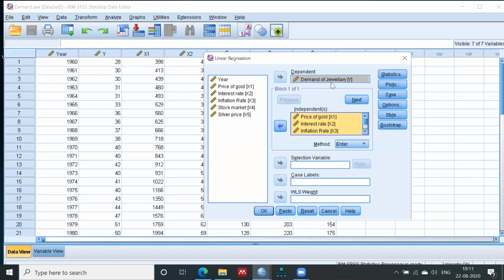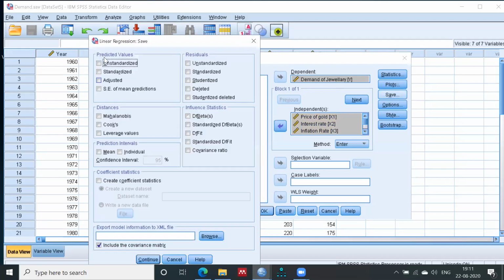My y is demand, so I have to save the predicted value of y. So go to save, and there is an option of predicted values, right? In the predicted values, we always take unstandardized value, because the standardized data is your z score, right?